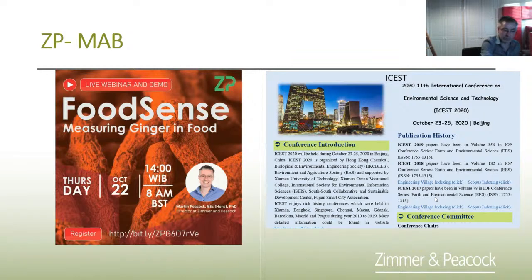It will be featuring the food sense. We'll be doing one of those live demos that we like to do. It might be quite interesting, especially to some of you who are interested in food and food analysis. There's also going to be a large public webinar next week on the detection of gingerol in ginger. So I hope you guys can make it along to that.